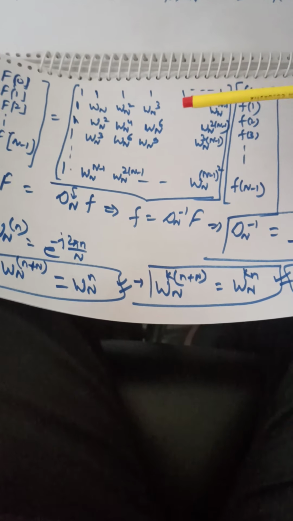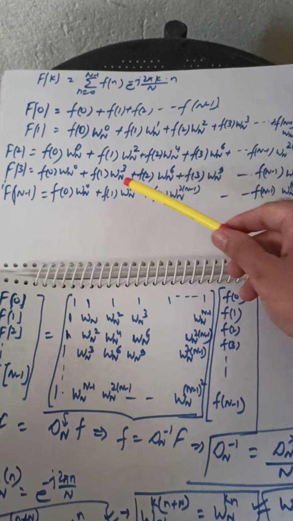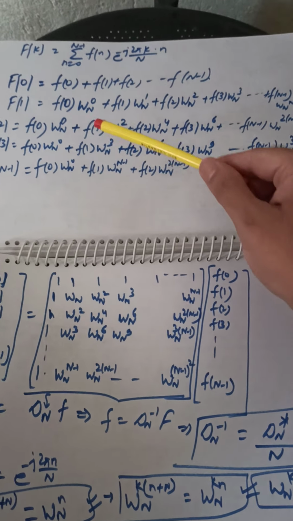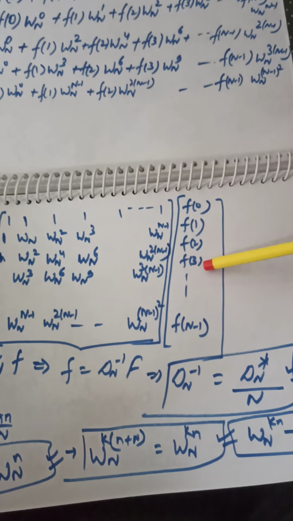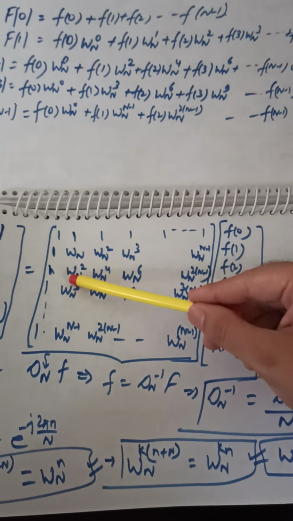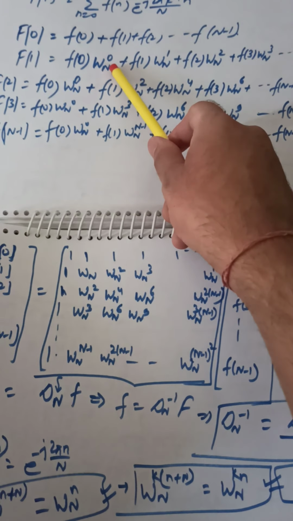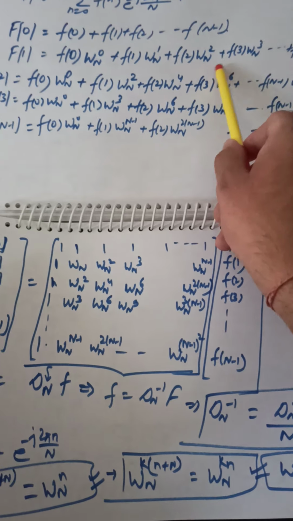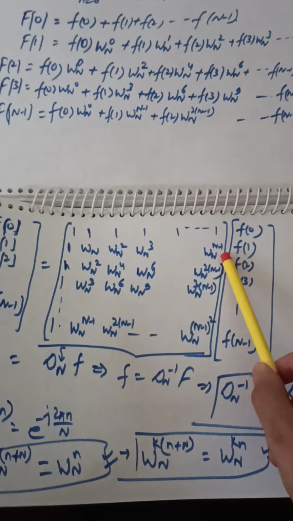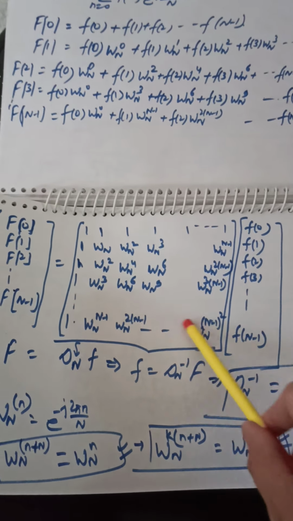The matrix representation is shown here, and it can be easily observed from this point. Have a look at this part. This whole part is nothing but the multiplication of f0, f1, f2, f3 up to fn minus 1 with 1 1 1 1 and 1 1 1 1 1. That's it. The second part will be, we can easily see, wn0, wn1, wn2, wn3, which is written here: 1, wn, wn2, wn3, wn minus 1. Simply you can write 2, 3 and all the terms.